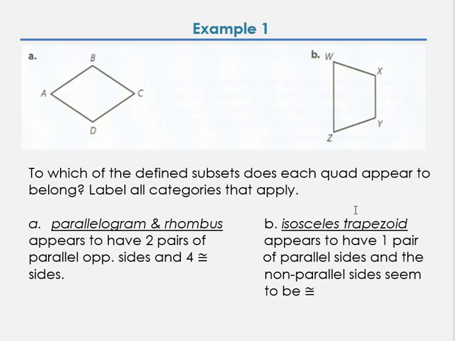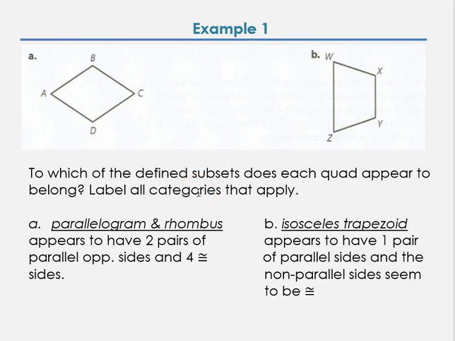Let's look at example 1. To which of the defined subsets does each quadrilateral appear to belong? Label all categories that apply. Anytime in your homework that they're asking you to label these shapes, they want all the categories that apply unless